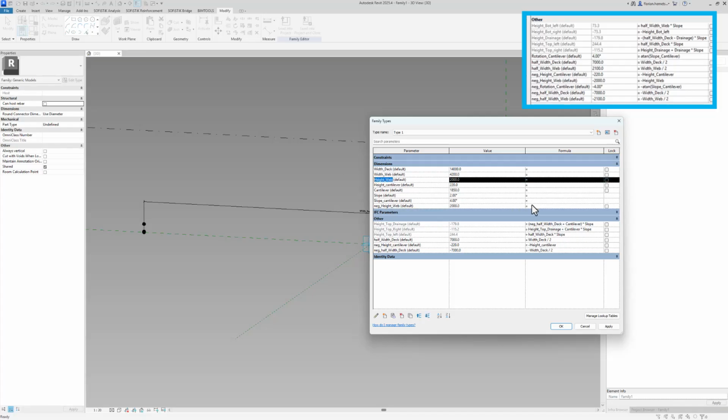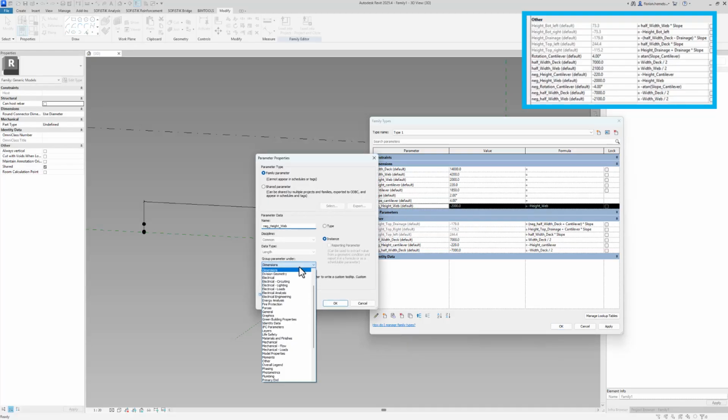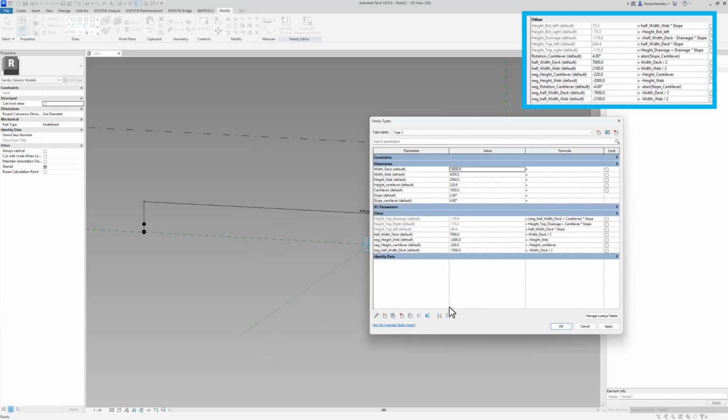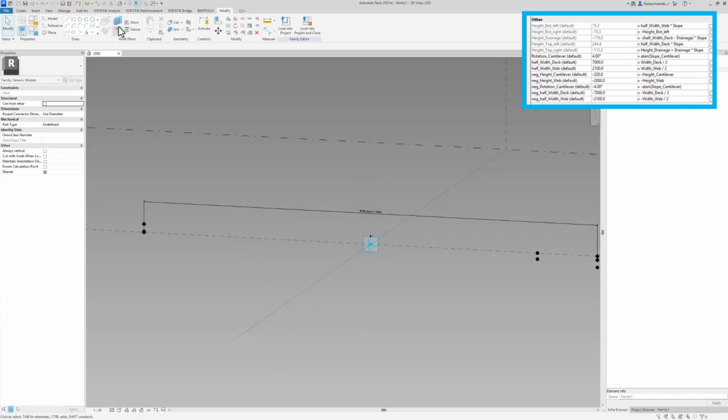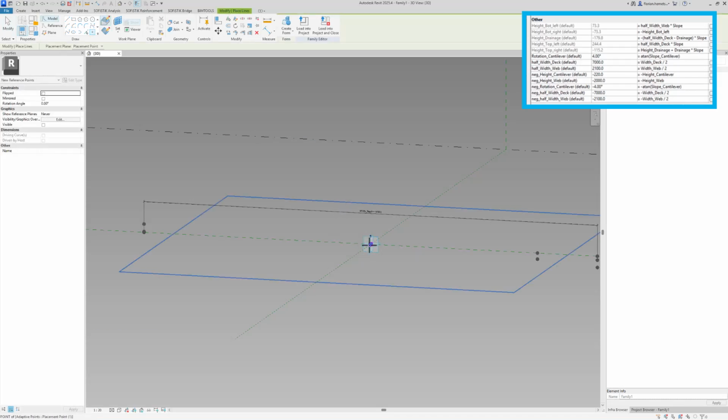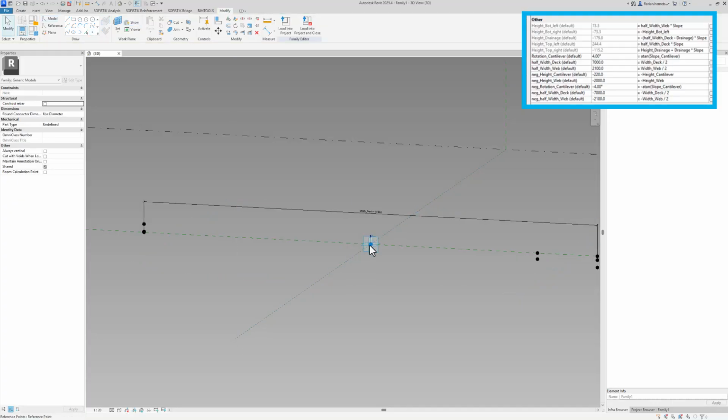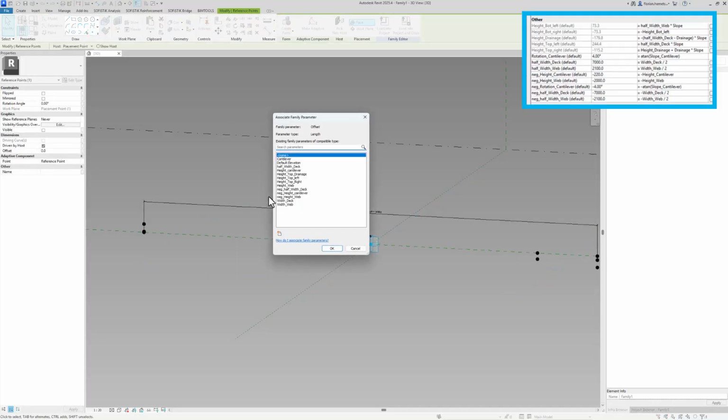Height web, and I set a minus in front of it, and then it's assigned as an automatic parameter. Change it to other, and we are good to go. I set my horizontal plane of my adaptive point, create a new reference point in it, select it and assign once more the negative height of the web.